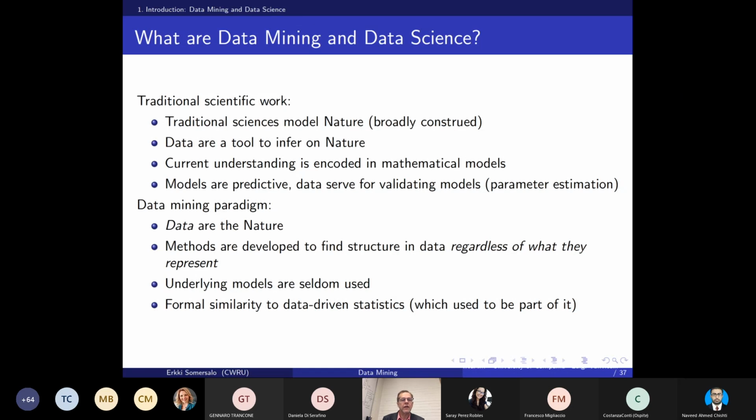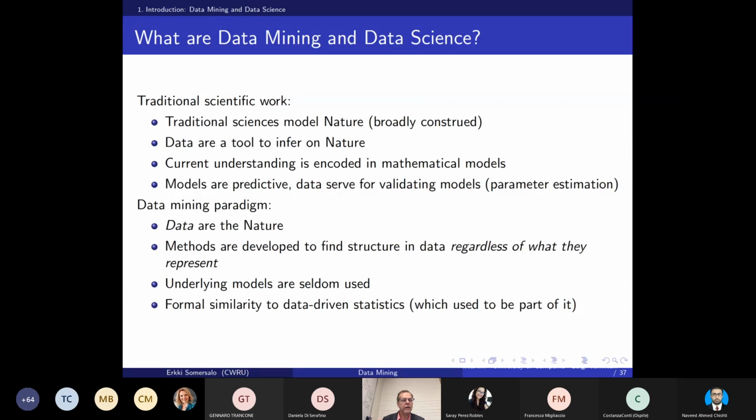Now in data mining, the object of interest is no longer so much nature, but it's data itself. So you can think that the data takes the place of nature. So we have these data sets, and basically we don't care what they are representing necessarily. Of course, it helps us to know something about the data, but you can think that you have texture images and you don't really care what the texture image is about. So it could be some sand samples, or it could be, let's say, fractures in a metal structure or so.